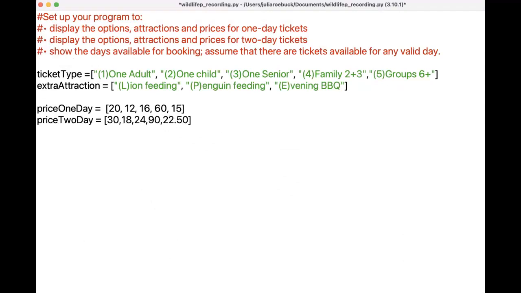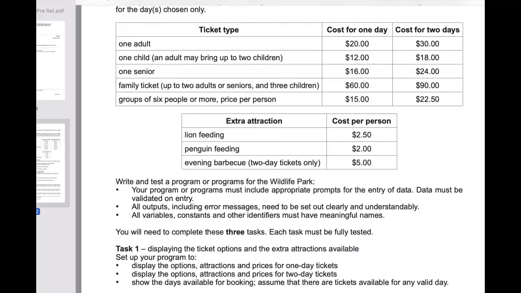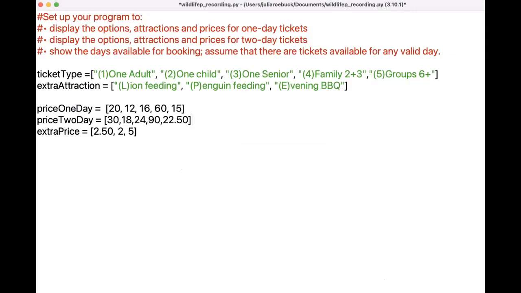So we've got one more price array to add, and that is the cost per person for the lion feeding. So we need to add that one in. And here is the final one. It's extra price, £2.50, £2 or £5. Okay, so now you have hopefully paused the video and you've got